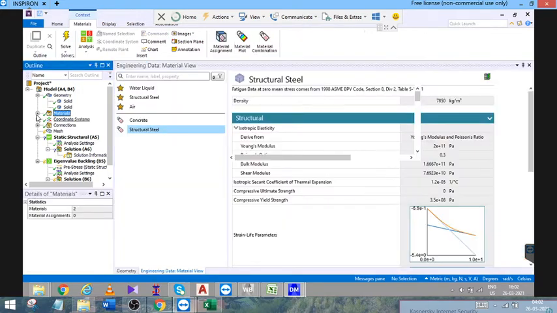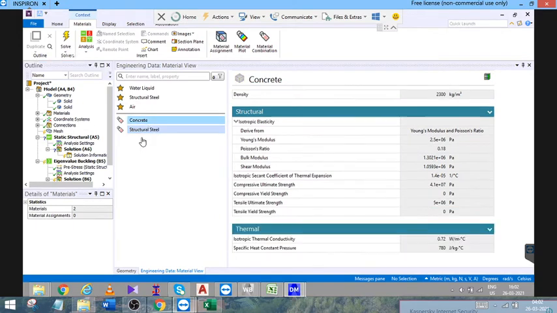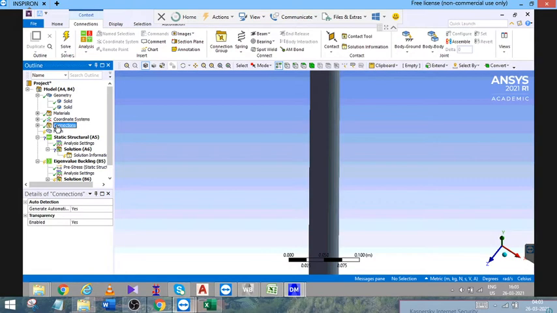You can just cross verify whether the materials which you have defined are the same. So here are the properties of concrete and structural steel, and then next you go to mesh.